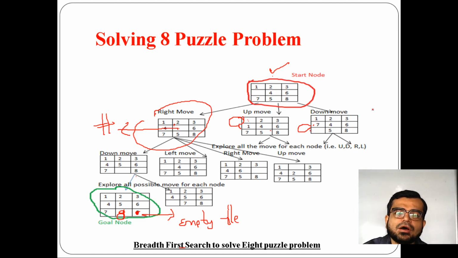The same problem you can also solve using depth first search as well. Okay. If you go with depth first search, the technique will be different. You should not visit all of the nodes; you have to select only one path, and based on that path you have to search for the given goal node. So in that way you are able to solve the 8 puzzle problem.